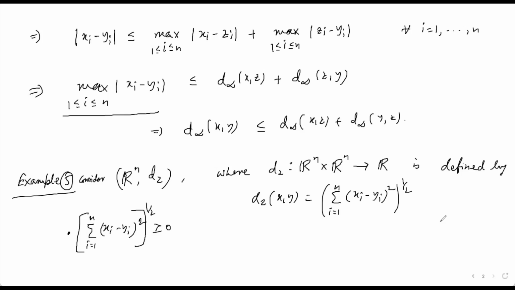So note that the square root of a square is equal to mod a. This is the definition, so this is always greater than or equal to 0. This implies d2 of x, y is greater than or equal to 0, with equality if and only if, now,